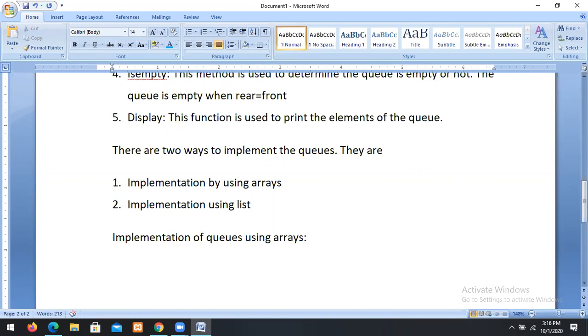How to implement the queues by using arrays? What is the procedure? Implementation of queues by using arrays. First we have the functions. We have first the add queue or enqueue.